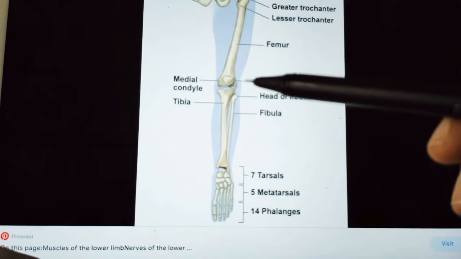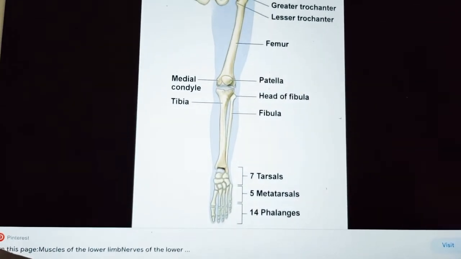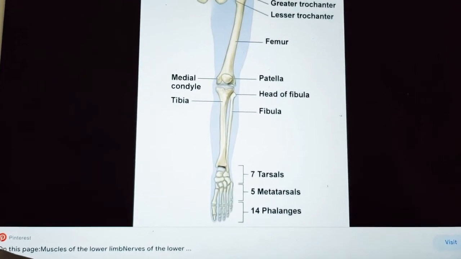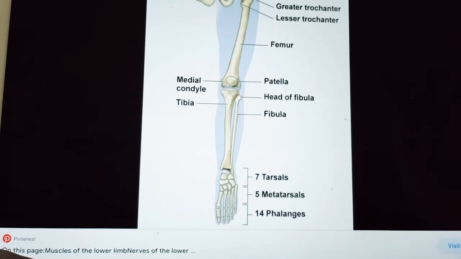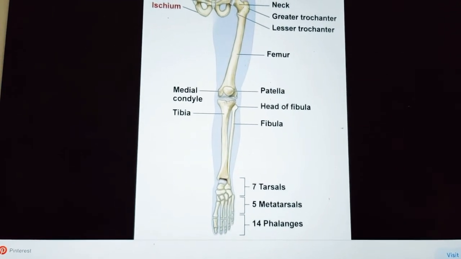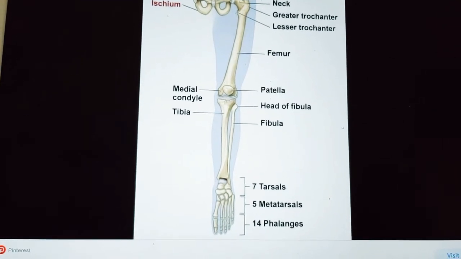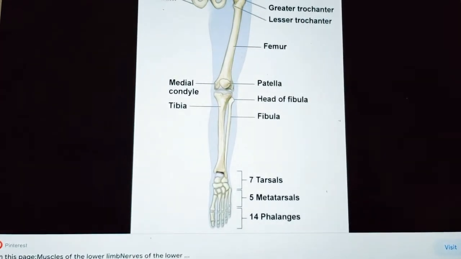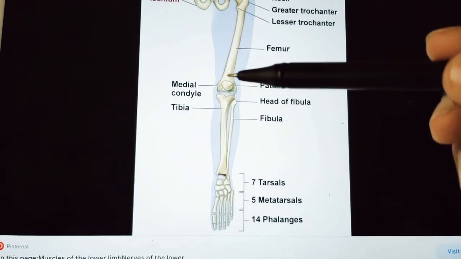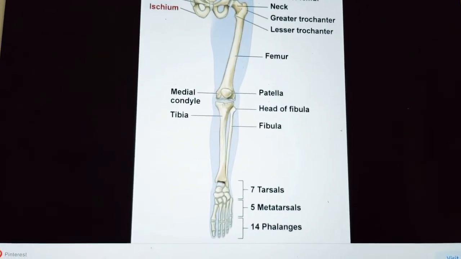And you have a patella or kneecap. You can see this is the patella or kneecap, which is a sesamoid bone that you find in your knee joint, right? In the upper limb you see a sesamoid bone called the pisiform, I think everyone knows. What is the meaning of sesamoid bone? A sesamoid bone always forms in a tendon. In the case of the patella, it forms in the tendon of quadriceps femoris. It articulates with the lower end of the femur anteriorly and takes part in the formation of the knee joint. So this is a small introduction.